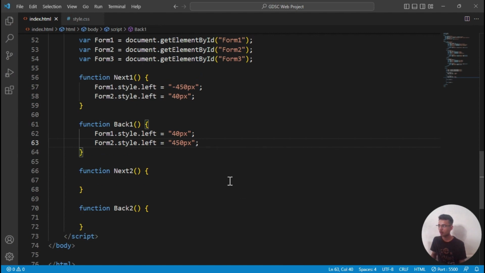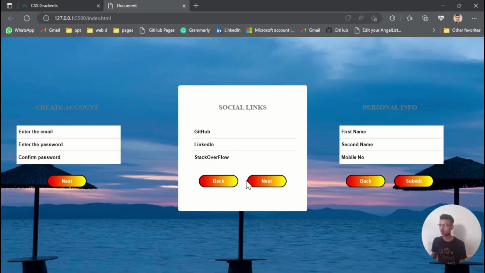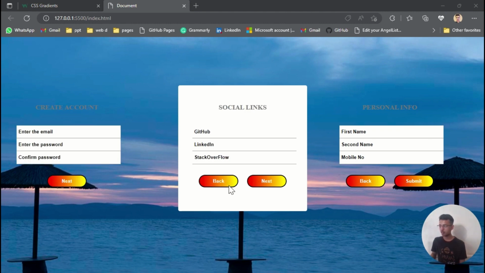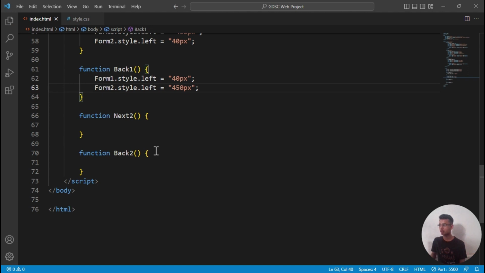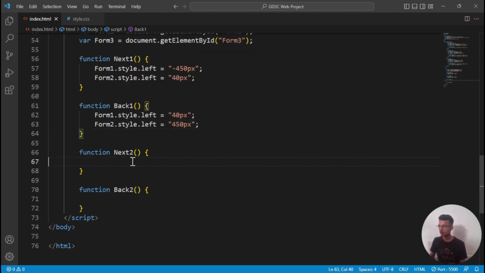Okay, let's see. Now this is the first form. Then, okay, now it works. In the same way, we will give the CSS properties to the next two and back two functions. Let's do that. Okay, same way. I'm just copy-pasting that code. So